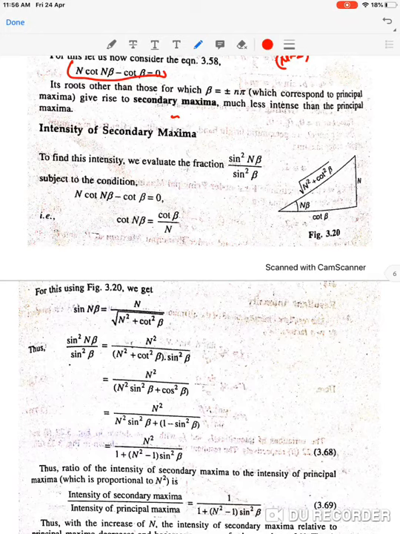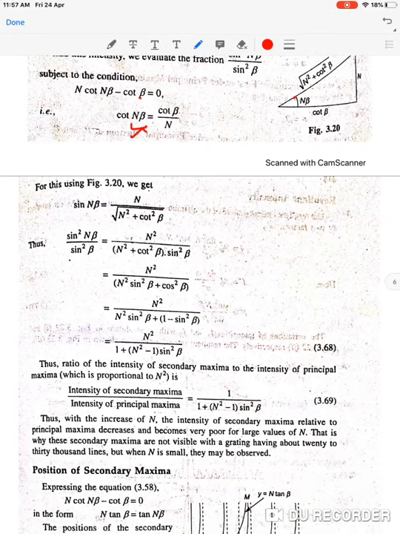So we got this condition, which implies n cot n beta is equal to cot beta, that implies cot n beta is equal to cot beta by n. So if n beta is the angle, and according to trigonometry and geometry, this is the angle n beta, and this is cot beta, our base, cot n beta is base by perpendicular. So if this is cot beta by n, equal to cot n beta, this angle, that implies this hypotenuse is equal to the root of n square plus cot square beta. Then sin n beta comes out to be